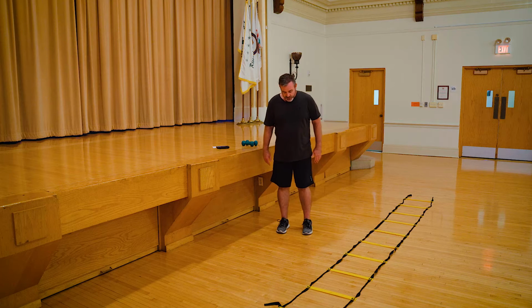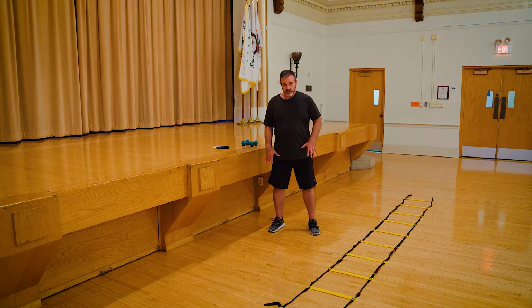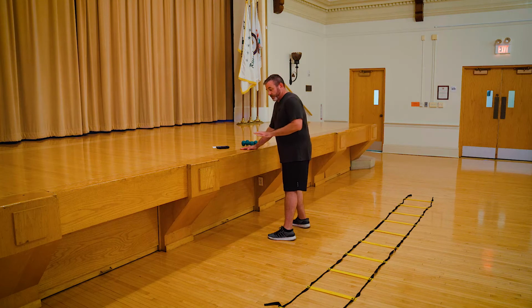But I want to try to stay away from a really narrow squat. I get a lot more sure-footedness and stability with a little bit wider feet, okay? But you don't want to go too wide because you want to be able to keep the weight in your heels. So when I squat, if I want to use the stable surface like we've talked about,